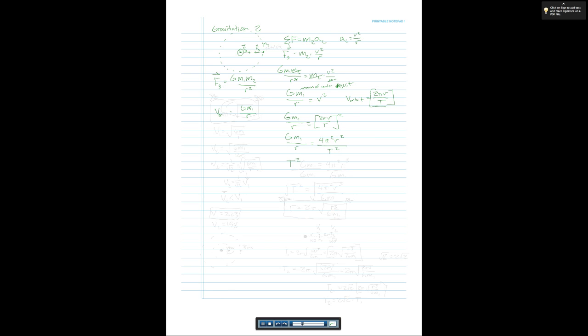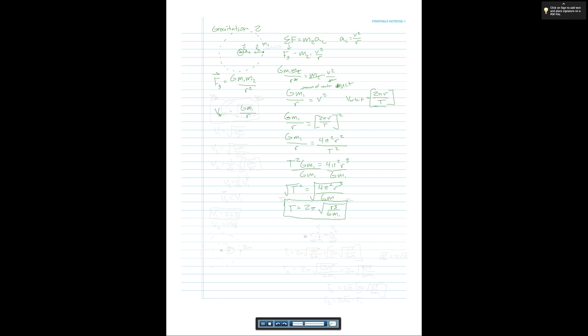So I have T squared G M1 equals 4 pi squared R cubed. Now I can divide both sides by G M1. T squared equals 4 pi squared R cubed over G M1. Square root both sides. And I get T equal to, square root of 4 is 2. Square root of pi squared is pi. Square root of R cubed over G M1. And that is the equation for the orbital period of a